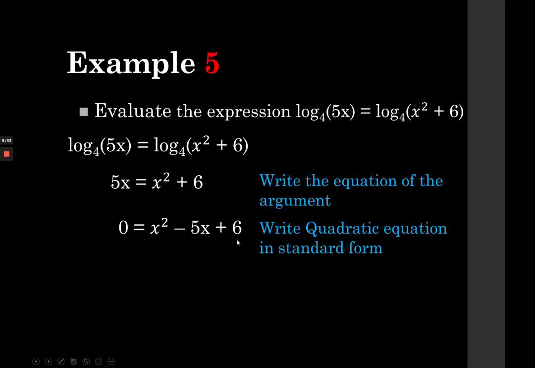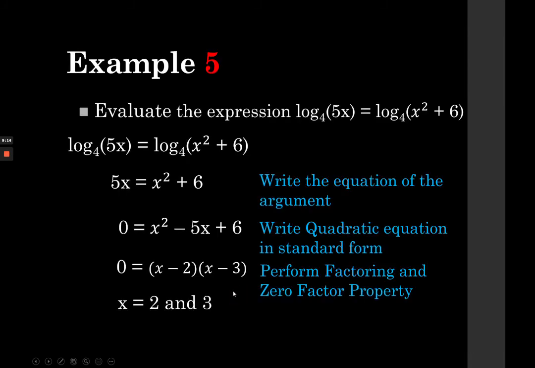Factor 6, there's no other, you have 3 times 2. Since the middle term is negative, 3 times 2 is positive 6, but when you add, you get positive 5. To get negative 5x, the factors are supposed to be negative 3 and negative 2. Negative 3 times negative 2 is positive 6. Negative 3 plus negative 2 gives you negative 5, so that will be the correct factor. Perform your factoring, and then